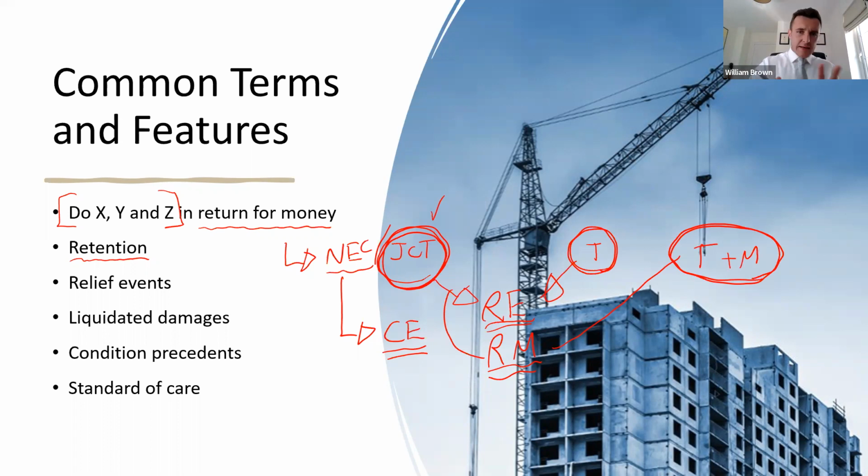This mechanism of giving the contractor or the consultant an extension of time for one thing and time and money for another is a very common feature in construction contracts, and understanding how your specific contract deals with those relief events is extremely important. It will be subtly different under all of the standard forms: NEC, JCT, FIDIC, RIAI, RIBA. They all deal with this issue very slightly differently.